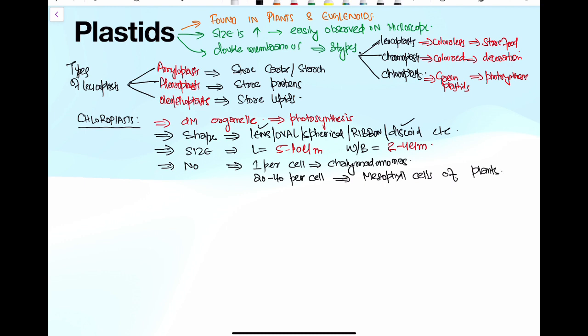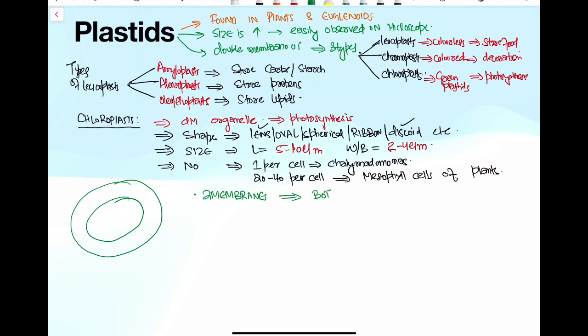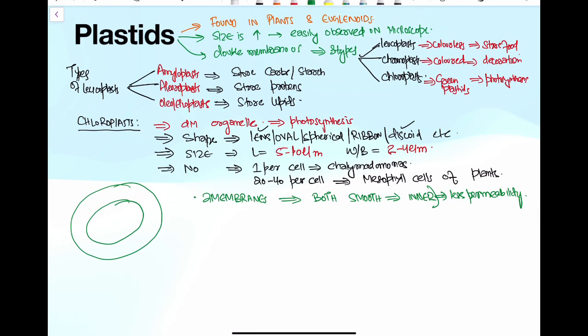Okay, now again they are double membrane organelles. They have two membranes and both are smooth. But remember, the inner membrane has less permeability. Remember this thing. Okay, now important thing, if you talk about this inner space, or what you call stroma,